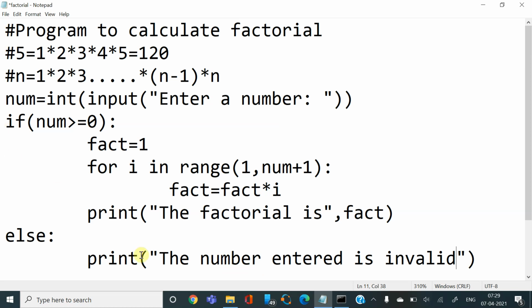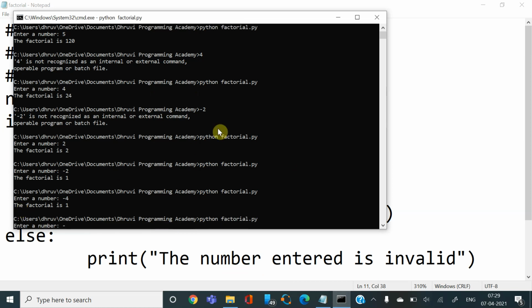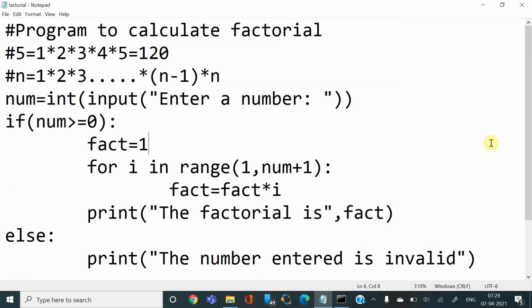So basically, now when I run this, it will not give 1, which is a wrong answer. Instead, it would say the number entered is invalid, or we could write it better as the factorial of the number can't be calculated, right?